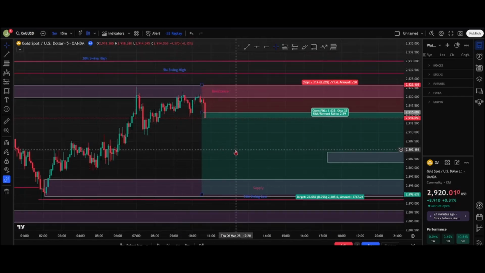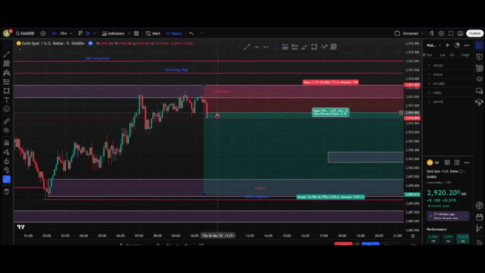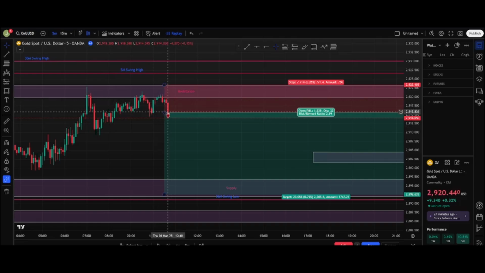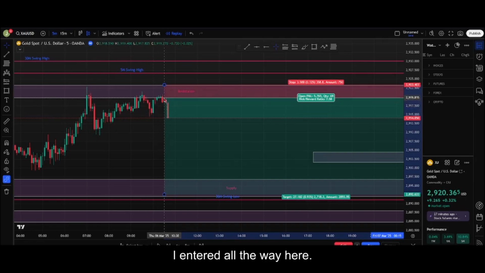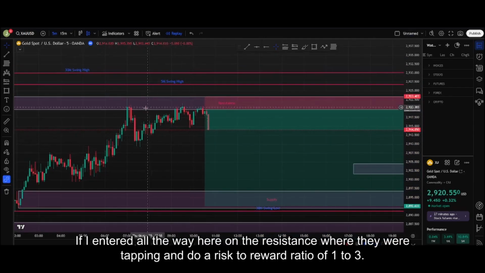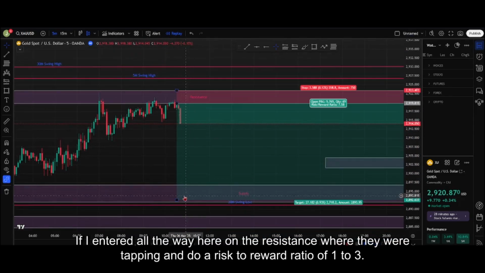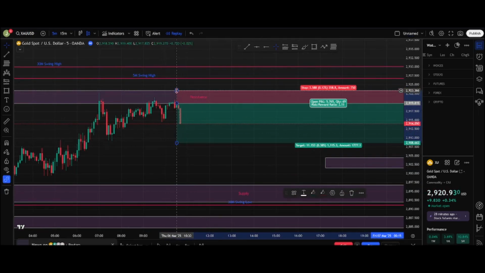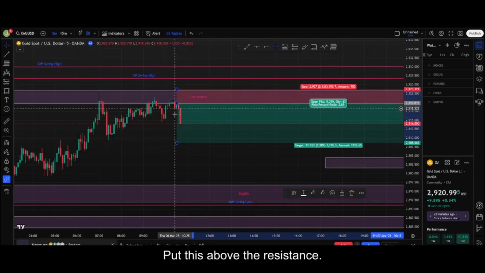First mistake is that I entered too late. My entry is really bad. So I entered all the way here. If I had entered all the way here, on the resistance where they were tapping, with a risk to reward ratio of 1 to 3, and put this above the resistance,